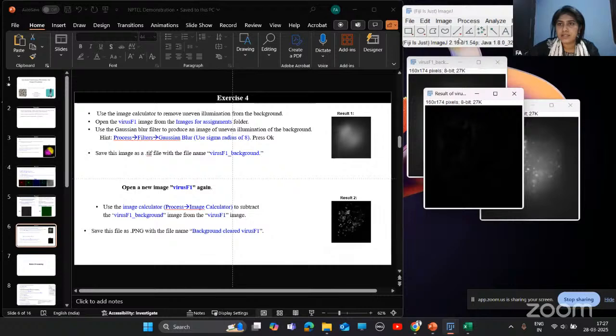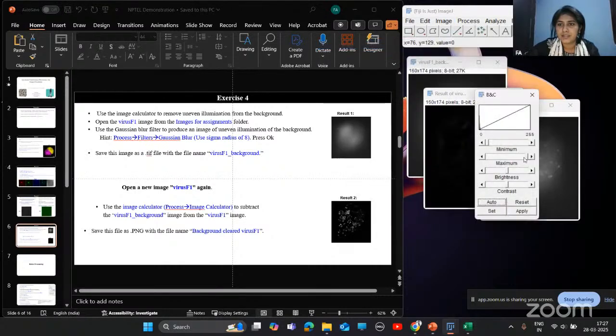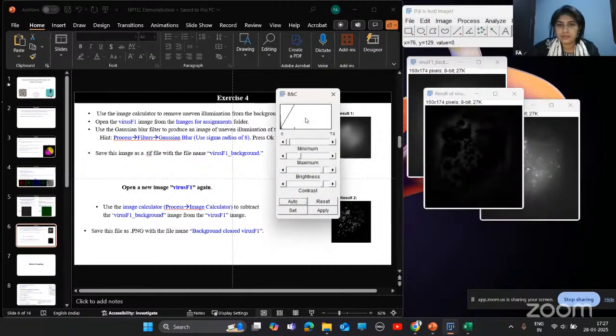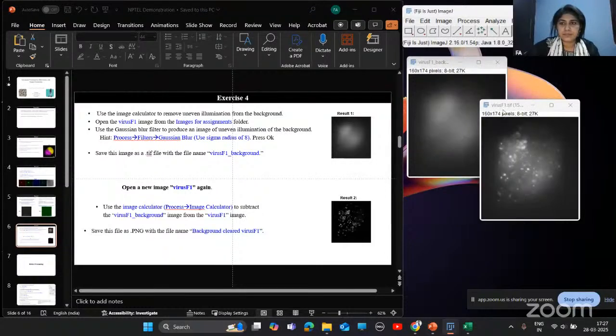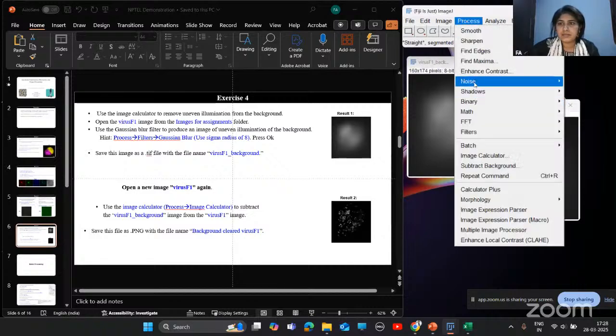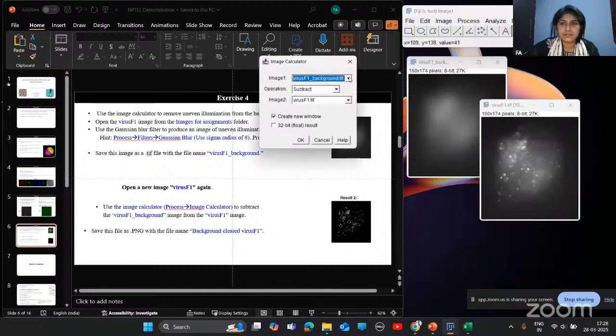So to visualize this image, we need to go to brightness and contrast, and we need to, okay, I think I subtracted wrong. I'll go again, Process, Image Calculator. I'll select this F1, subtract.